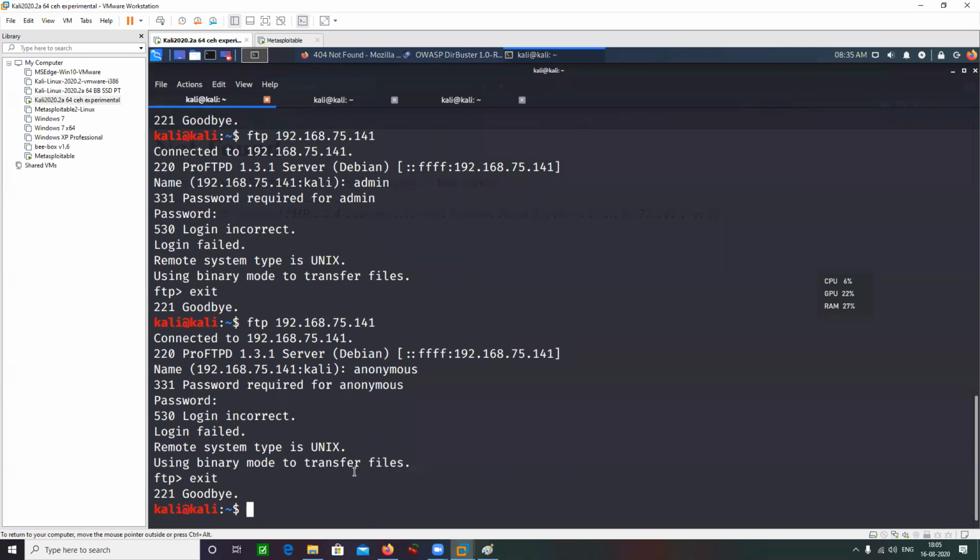Because many times anonymous logins are allowed at certain servers. If anonymous login would have been allowed here, then I would have been able to log in to the FTP server using anonymous as the username.